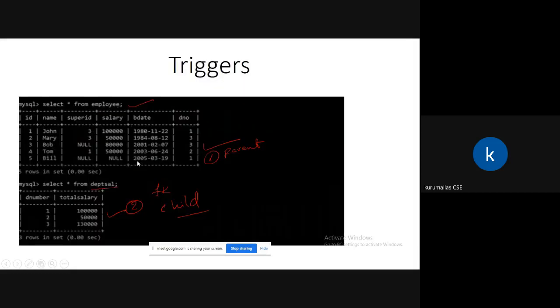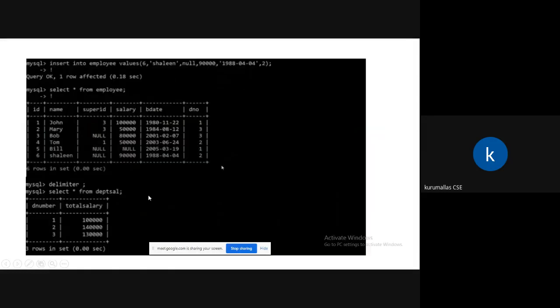If d number is existing 2, then only. We are updating new data, department number and d number are also 2. If these two match, then update that 90,000 to this respective row. 50,000 plus 90,000, 1 lakh 40,000. So did you understand?